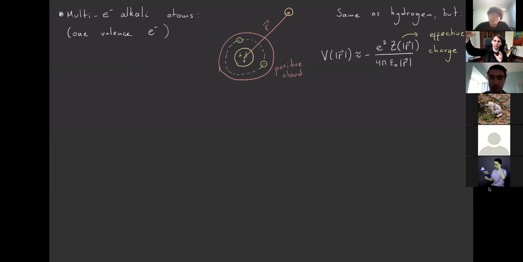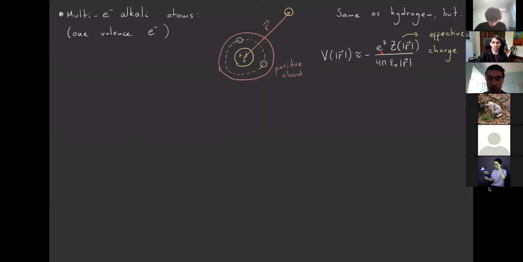However, as it gets closer and closer and enters the region where it already sees the electrons, and then even closer, and it feels completely all the charge of the nucleus, then this charge moves up to 3, okay? So you have a position-dependent charge that goes from 1 at large distances to the full charge of the nucleus at short distances. So this means that this potential is no longer a Coulomb potential, it has a correction,